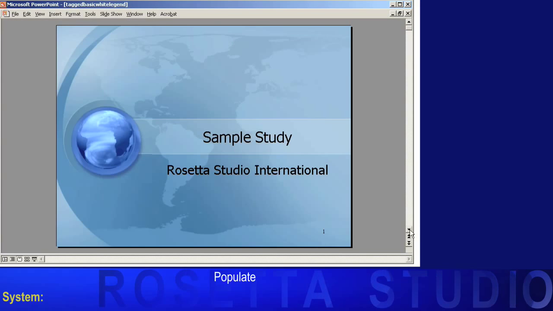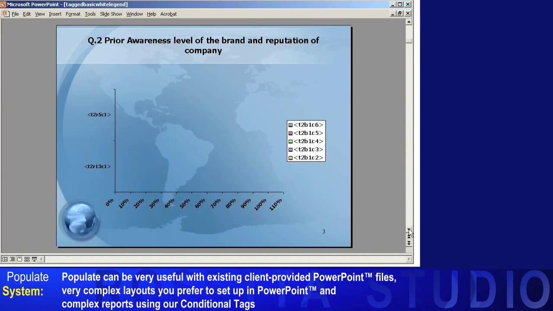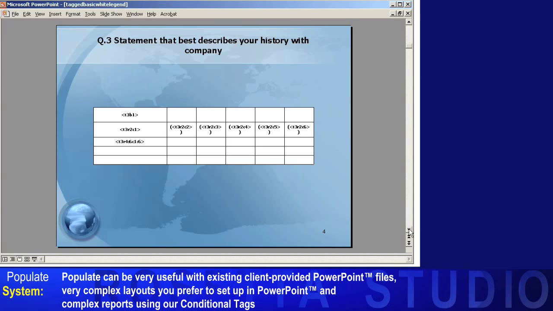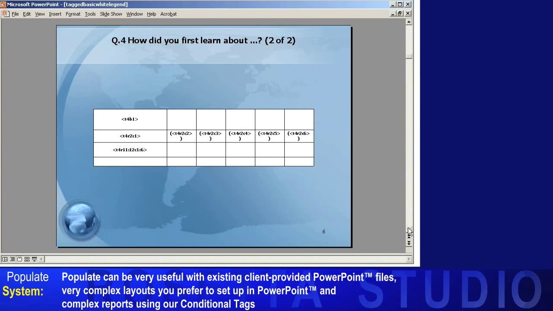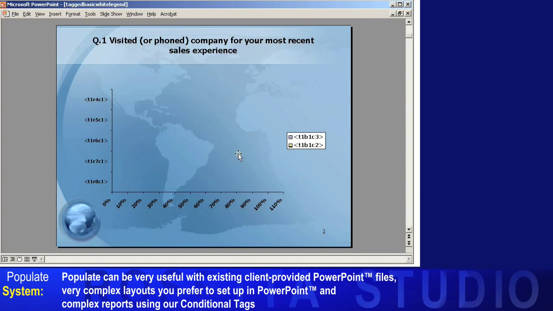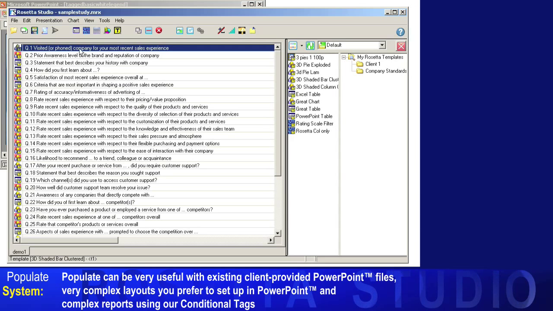Now let's go back to our example PowerPoint file. Let's assume this was an existing PowerPoint file that a client provided us with. Or perhaps this was a tracking study that we wanted to be able to batch data through. Populate could also be useful with very complex layouts that you'd rather set up through PowerPoint, or very complex reports using our conditional tags. Let's look at the datasheet for this chart object and view the related item in Rosetta